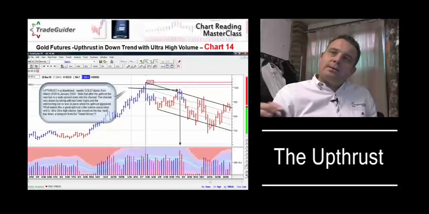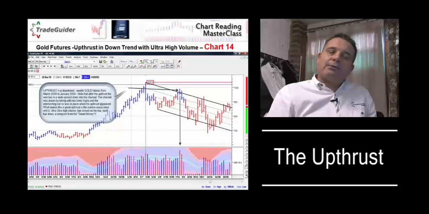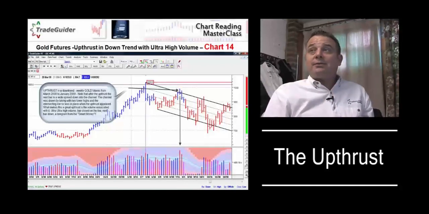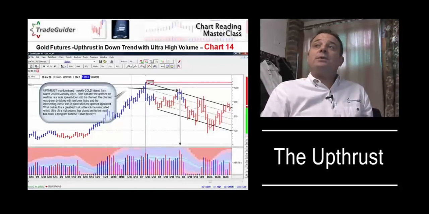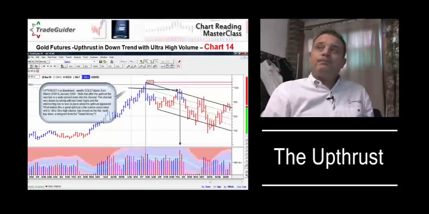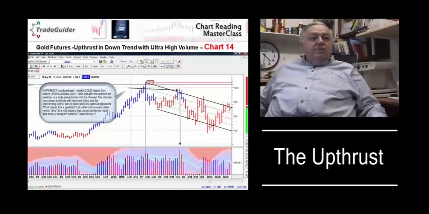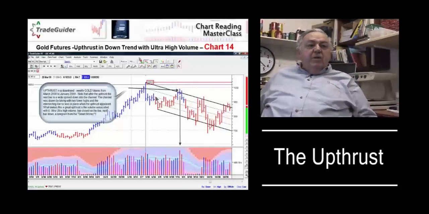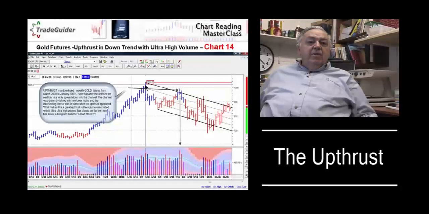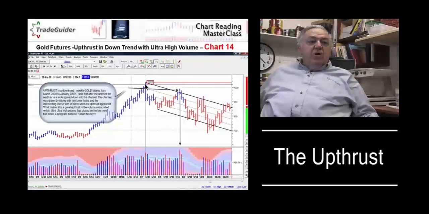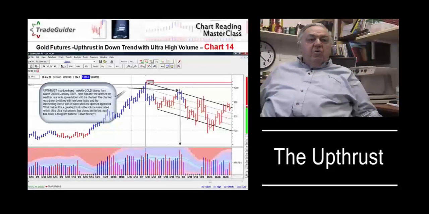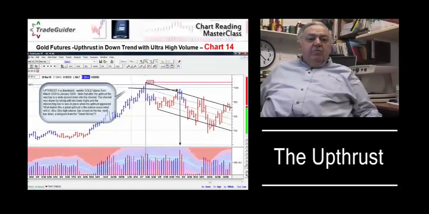Yes. Now, tell the listeners here why the upthrust is used, and why, when you see it in the right place, it gives you a real clue as to what the smart money are up to. Well, once an upthrust appears, after you've seen weakness in the background, that's done deliberately to catch the stops. Remember, there are probably thousands of stops above and below these actively traded markets. It pays to mark it up, trigger all those stops off,